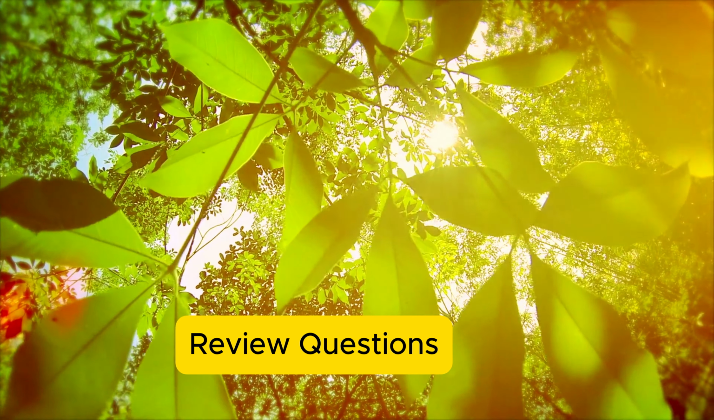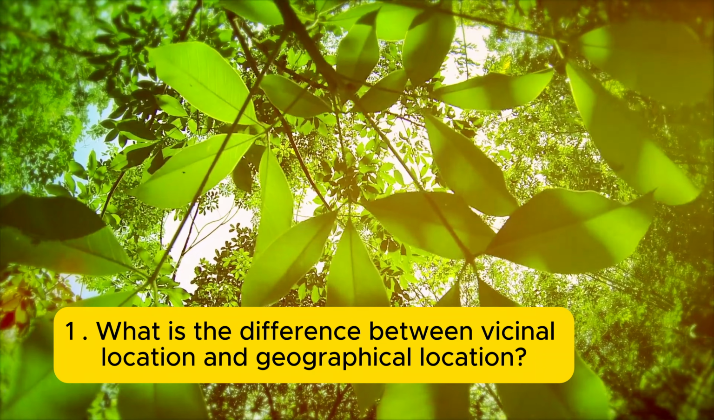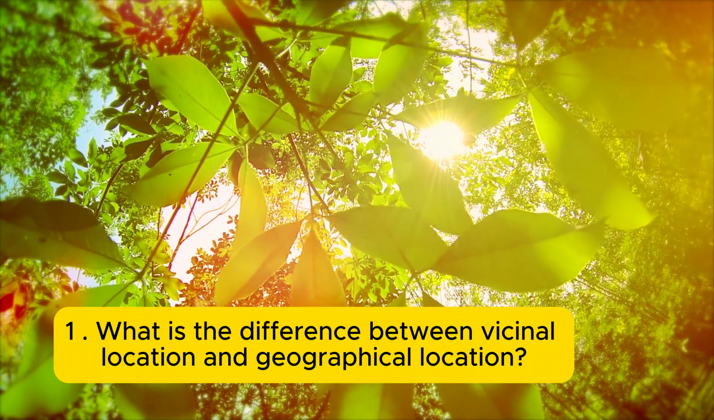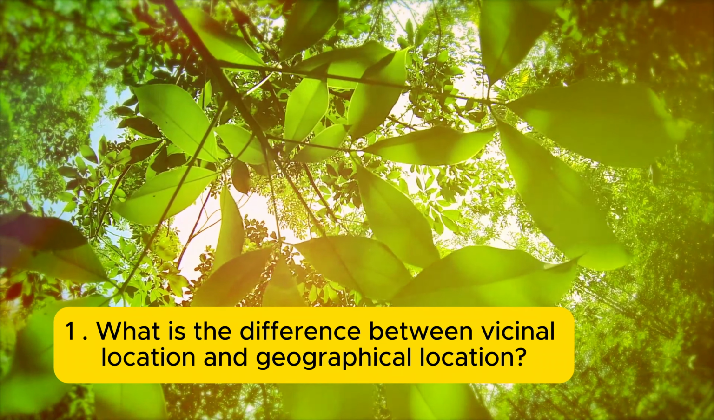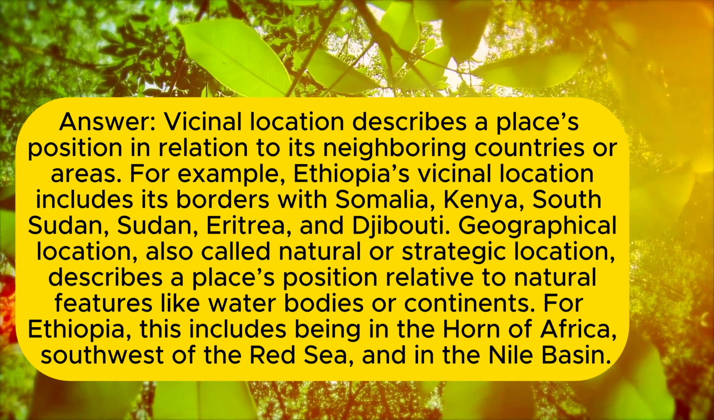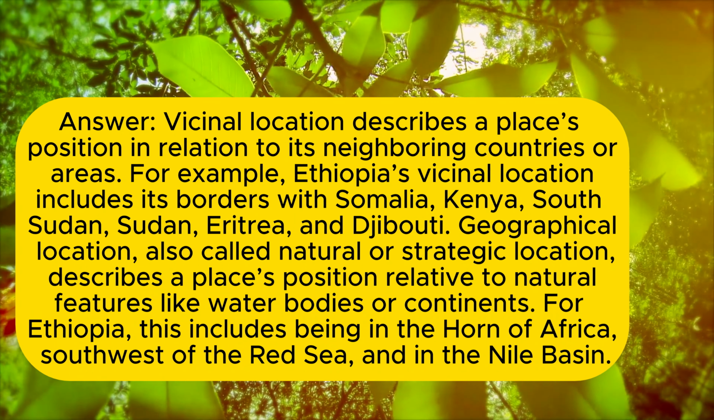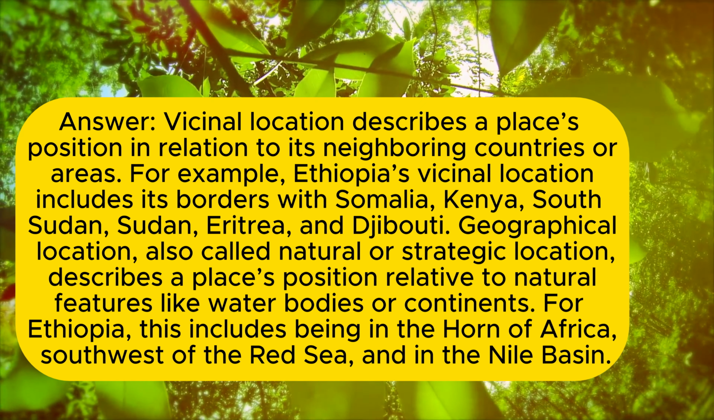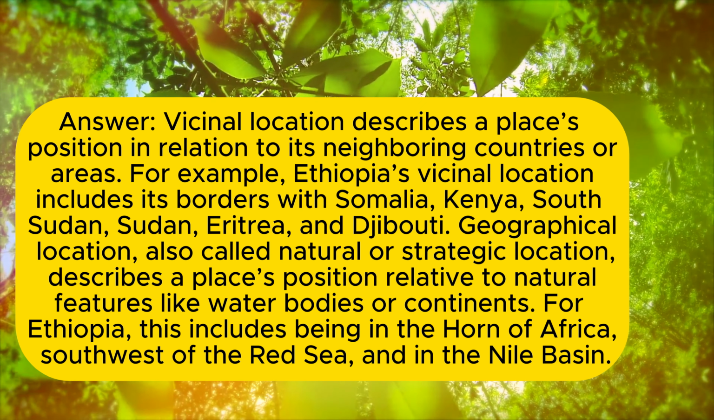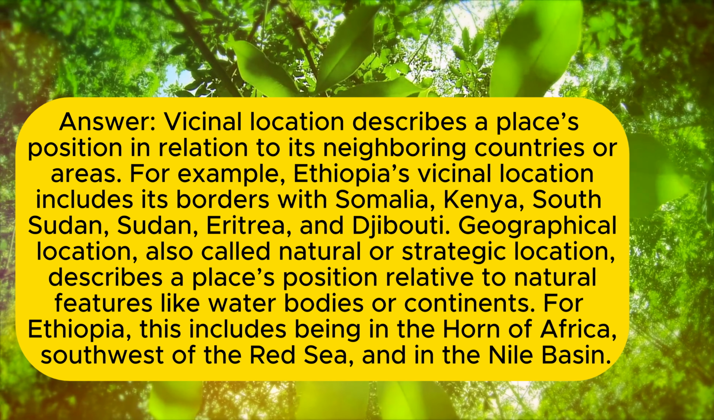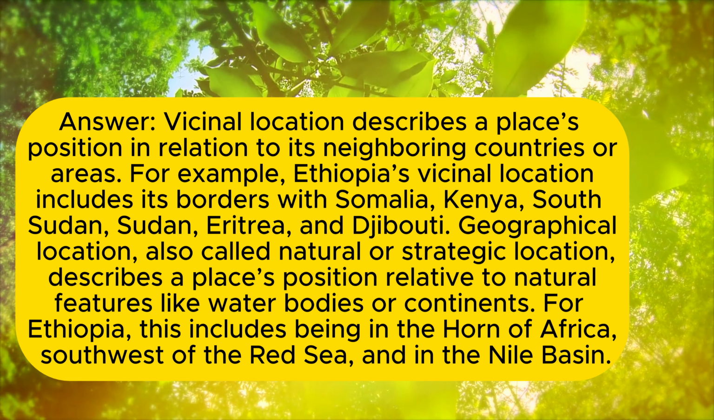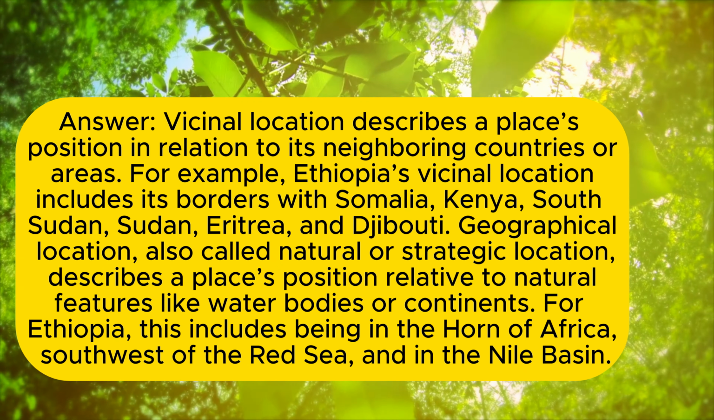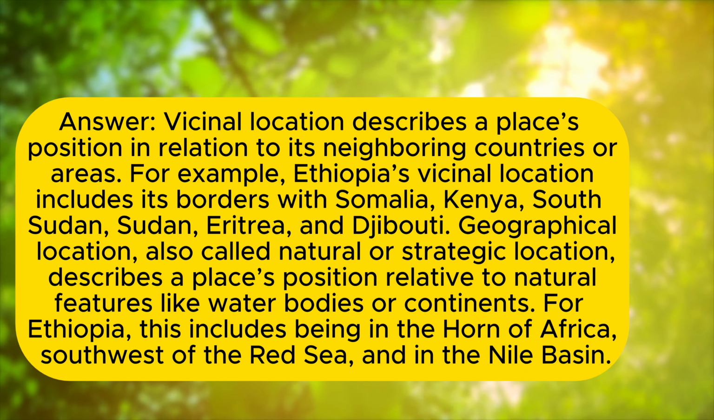Review questions. 1. What is the difference between vicinal location and geographical location? Answer: vicinal location describes a place's position in relation to its neighboring countries or areas. For example, Ethiopia's vicinal location includes its borders with Somalia, Kenya, South Sudan,